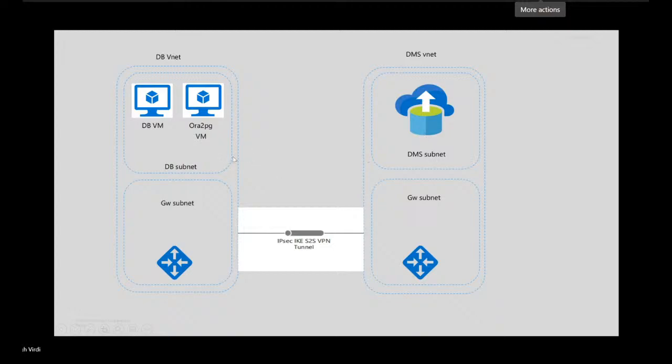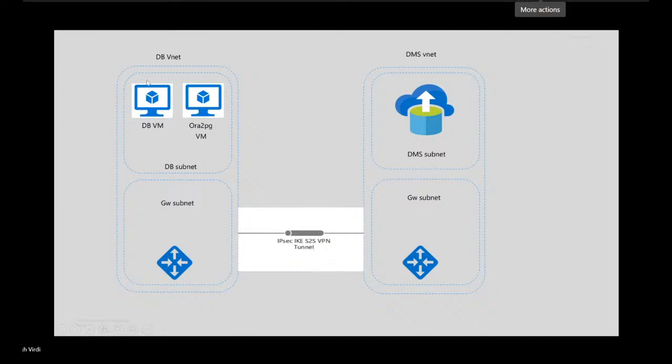Now, for site-to-site connectivity, I have created a virtual subnet within that database VNet, and in this subnet I am hosting a gateway. And similarly, in the DMS VNet, I have created another subnet where I've created a VPN gateway, and connected them using an IKE site-to-site VPN tunnel, right?